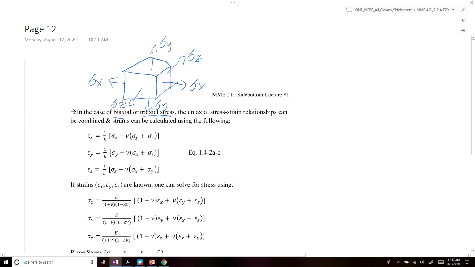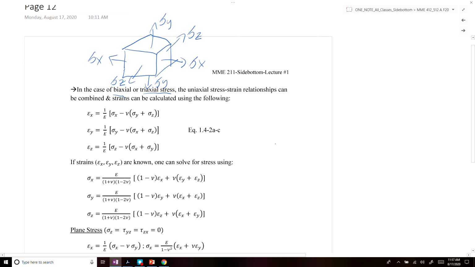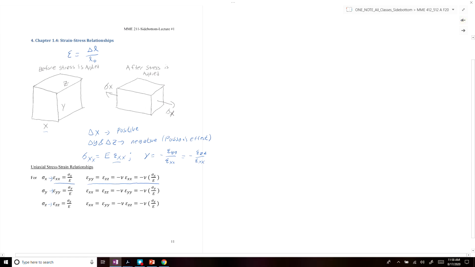So if you combine the uniaxial stress-strain relationships that we discussed on the bottom of the last page,